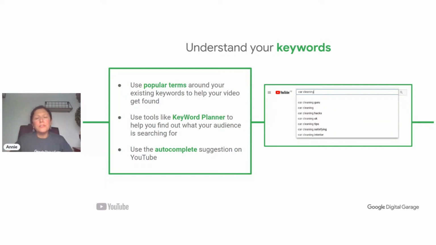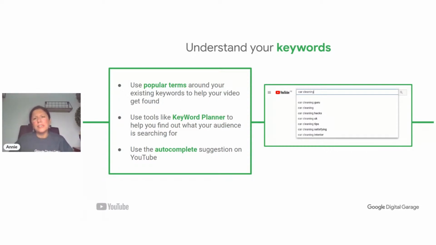And some common terms that might come up that people use, particularly in the video world, is how to or review. So a lot of people like to do how-to demonstrations on video. And the reason for that is because, as I mentioned, when we use video, we can show how things are used in practice. So it's a very good place to demonstrate ideas and thoughts coming to life. And reviewing, giving opinion. So opinion is a really important area, and the word review comes up a lot. We might hear that around books, but there's reviews around cars, around all sorts of different things that we might be reviewing.